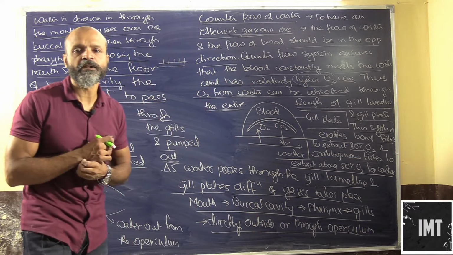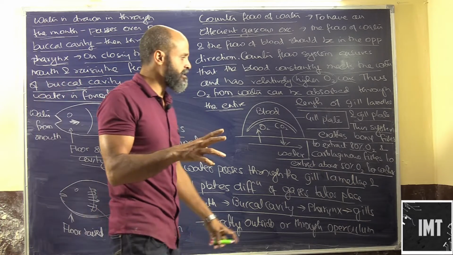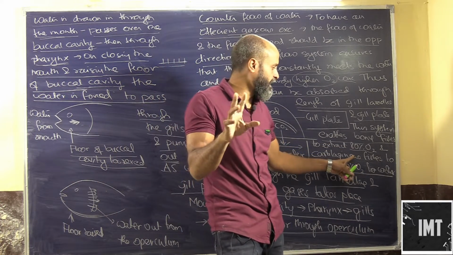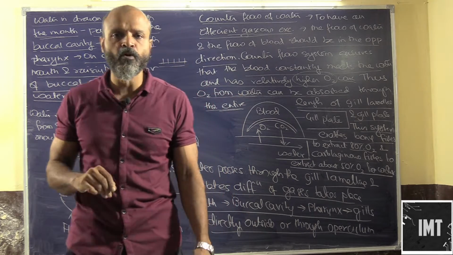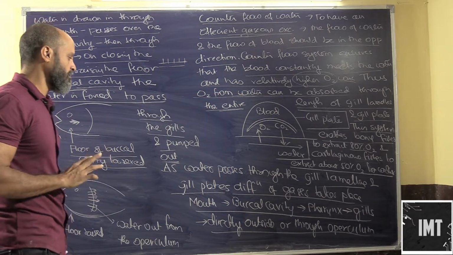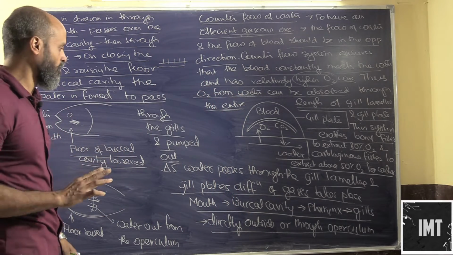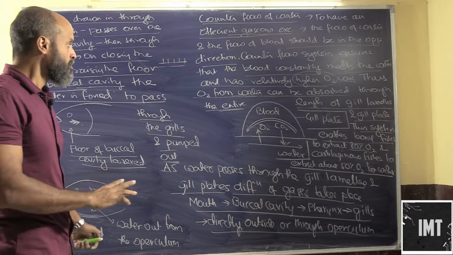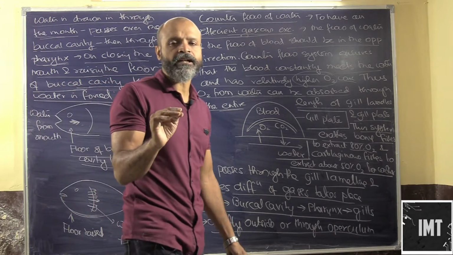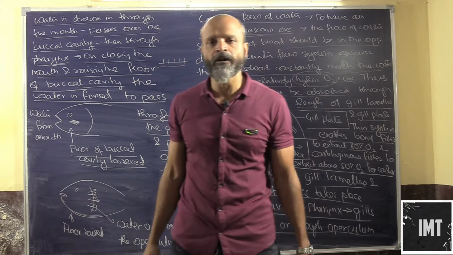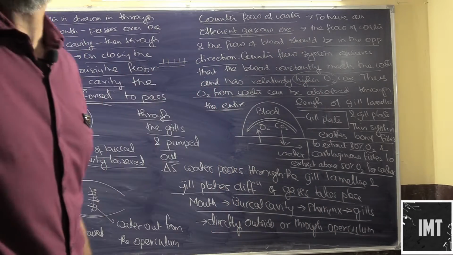So this entire arrangement of gill enables bony fishes to extract approximately 80% of oxygen from water, and the cartilaginous fishes, which have less of bones in them, to extract about 50% of oxygen from water. So this is basically the mechanism of fishes. What we have to understand and remember is the counter flow of water and blood in both the systems.